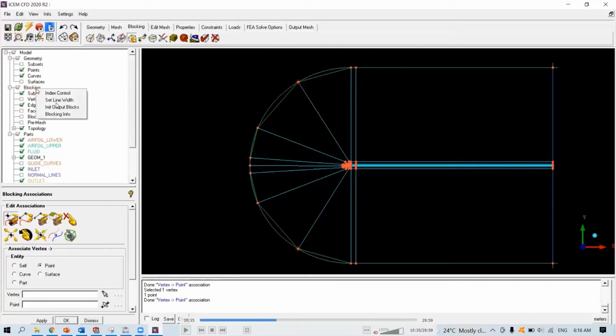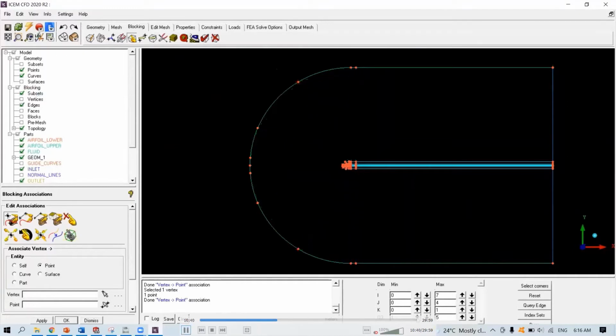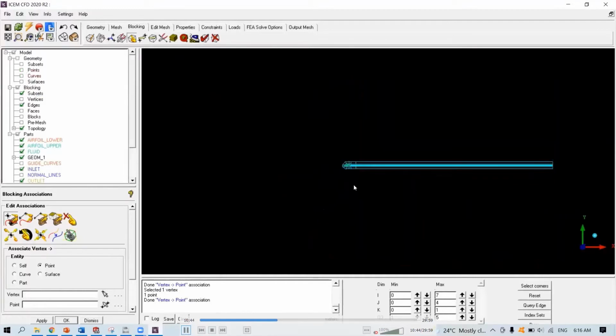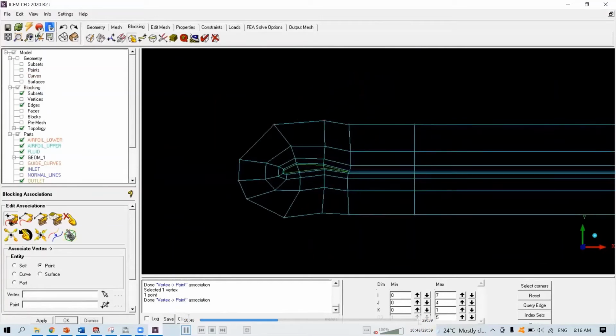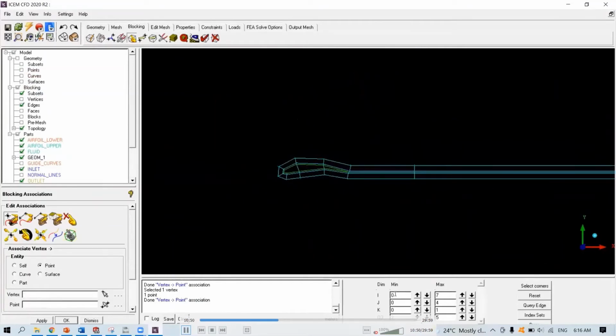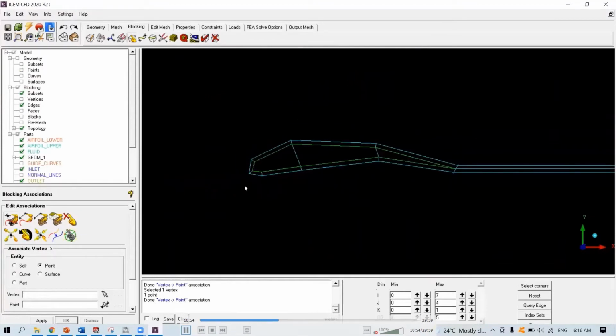Okay, now under this blocking tab over here, we need to select index control. Now this one will be introduced. Okay, we can play around with the final row of the points, up until shell 1.